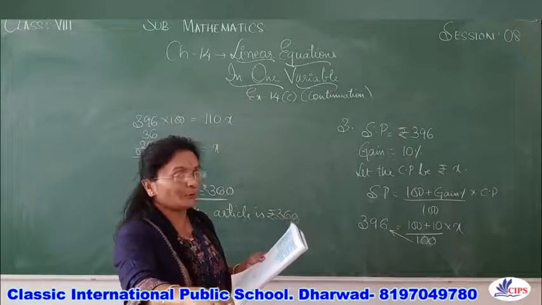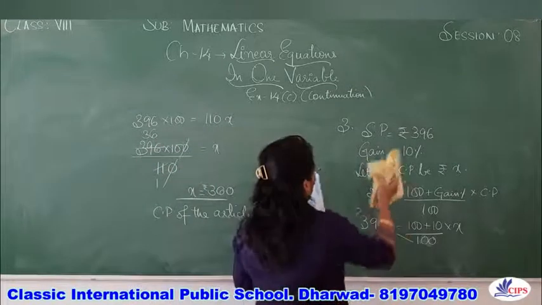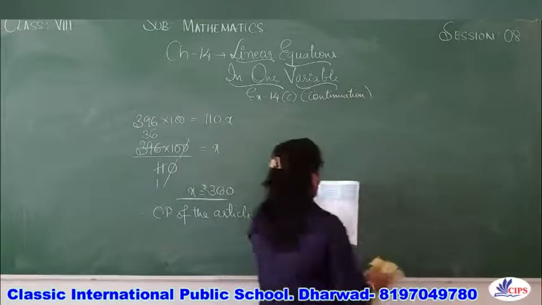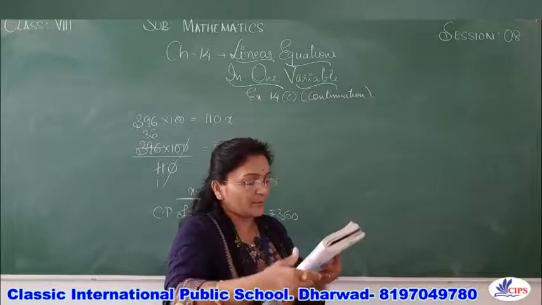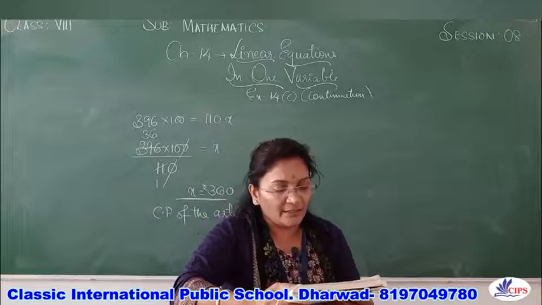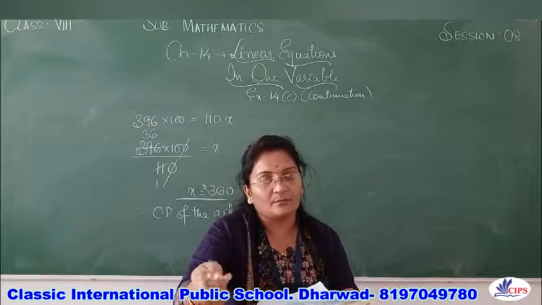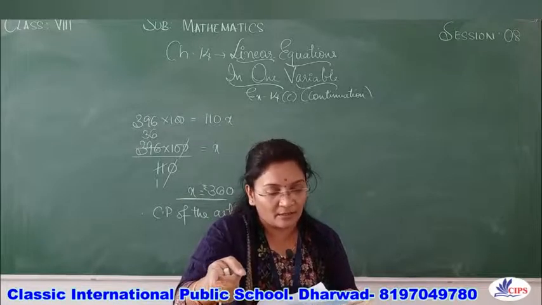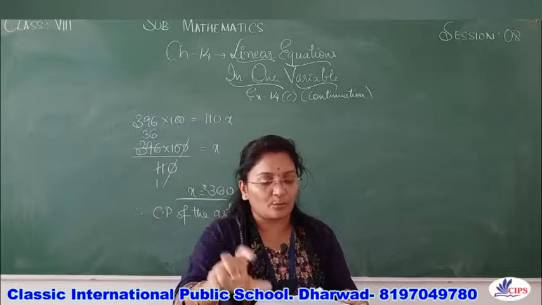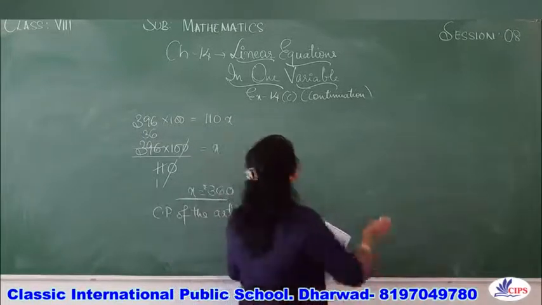The sum of two numbers is 4500. So there are two numbers and when you add them it will be 4500. Now if 10% of one number is 12.5% of the other, find the numbers. So we don't know what numbers they are, but when you add them the total is 4500. Now let us assume the numbers. We have to assume different numbers. We cannot assume the same letter. Let us assume different variables here.